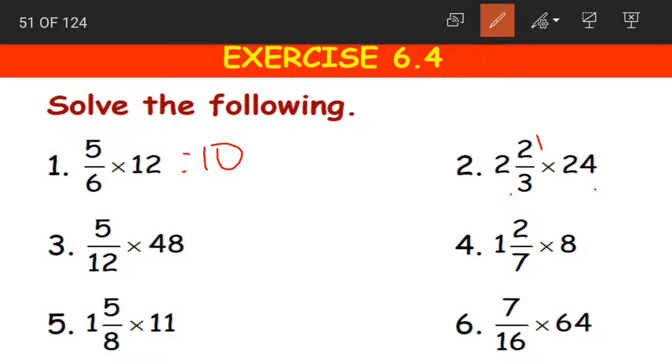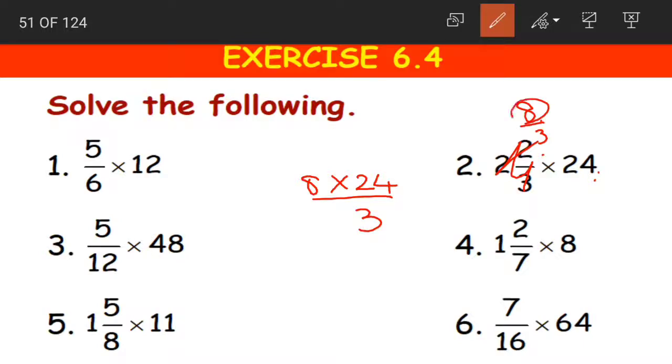Now let us take a mixed number and see. What should we do first? First step is always to convert this mixed number into an improper fraction. 2 3s are 6. 6 plus 2, 8. So it would be 8 by 3 into 24. Again, how will we multiply, children? 8 into 24 divided by 3. Multiply the numerator and whole number divided by the denominator. 8 into 24 is 4 8s are 32, 3 carried, 8 2s are 16 plus 3, 19.